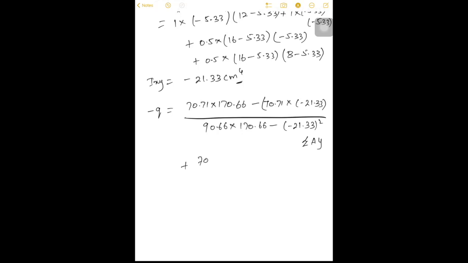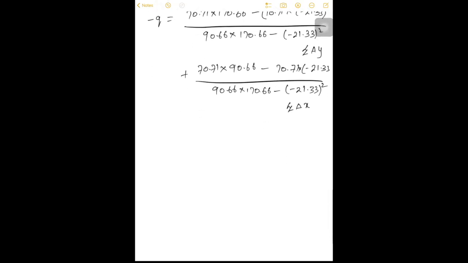Vx value 70.71 into Ixx 90.66, minus Vy value 70.71 into Ixy, into minus 21.33, divided by Ixx 90.66 into 170.66 minus Ixy minus 21.33 to the power of 2, into summation of a into x. On resolving this, you will get